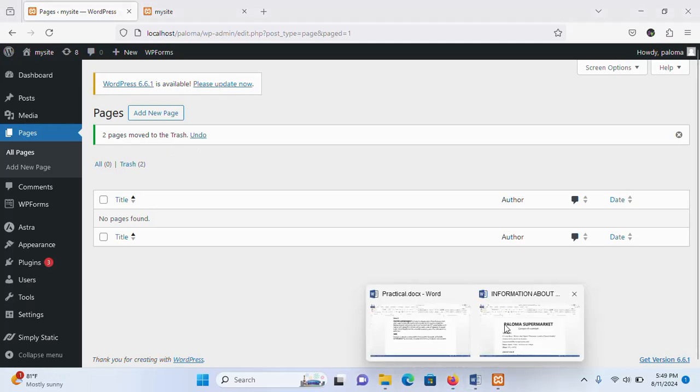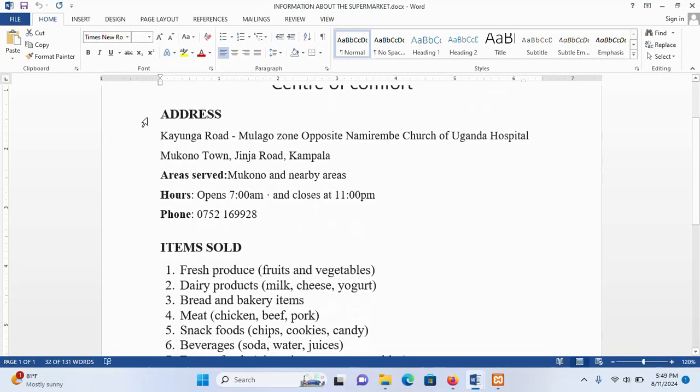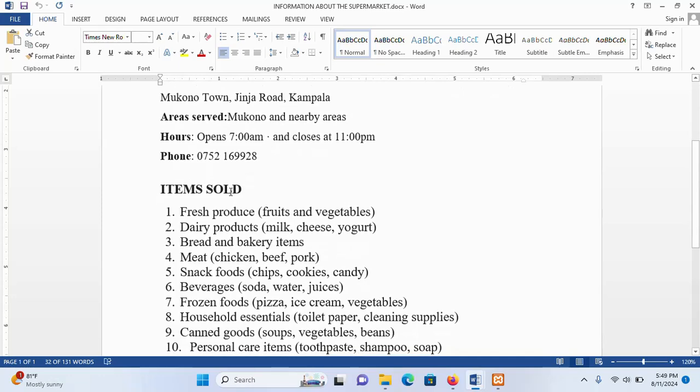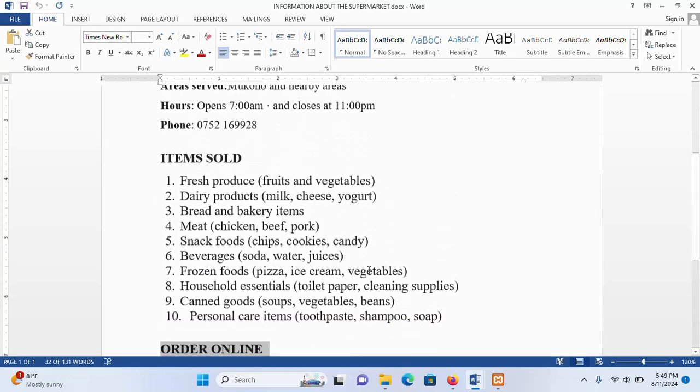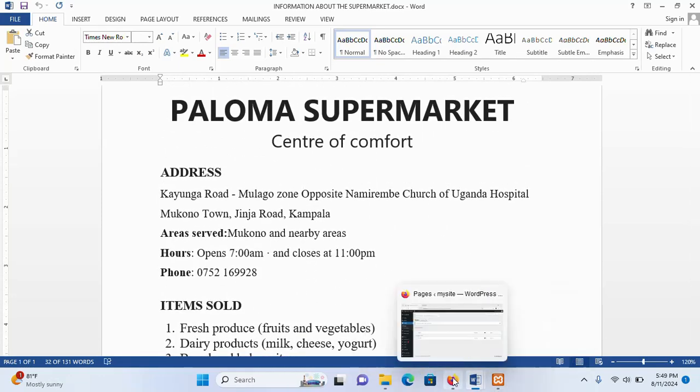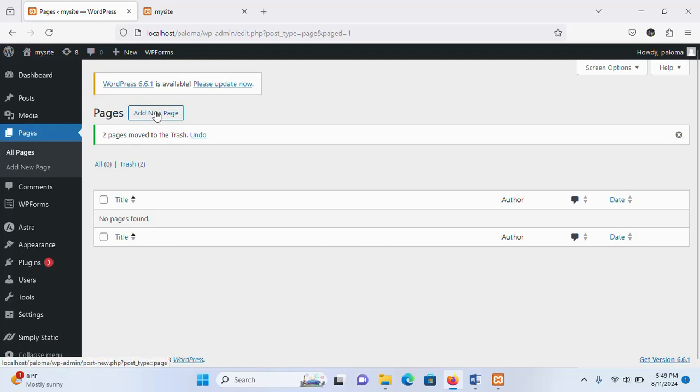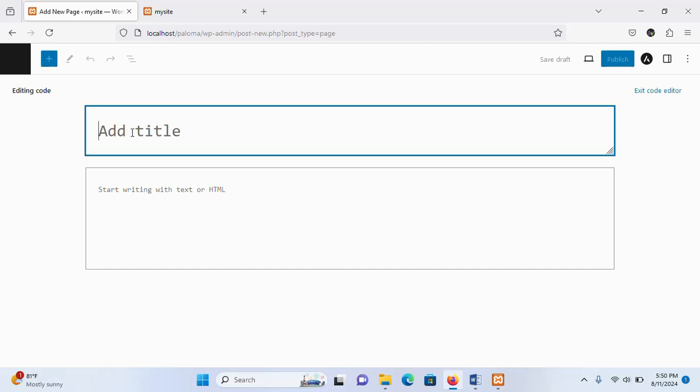Remember, here we are supposed to have like 3 pages. There's address, which is going to be under home. There's item sold and the order online. So we can begin with the first page. So we shall add a page. Add page. Then under page title, simply come and type in home, because we need that one to be home page. Then you publish